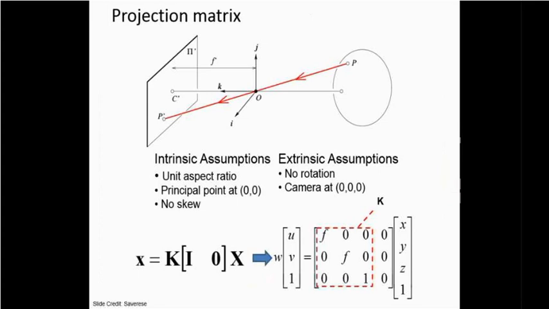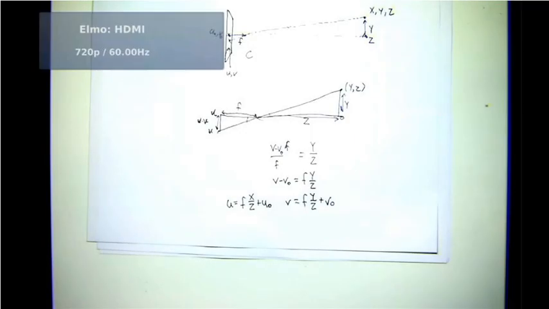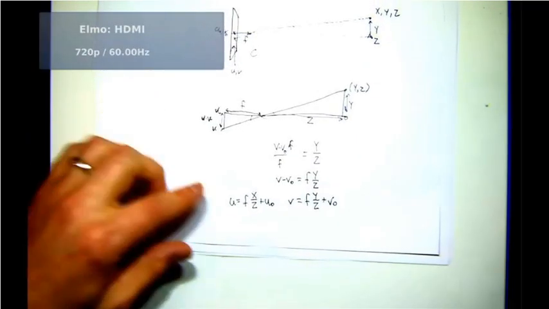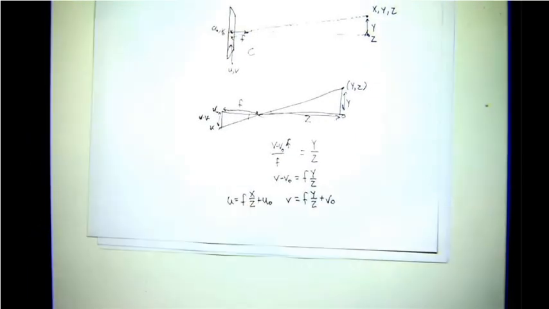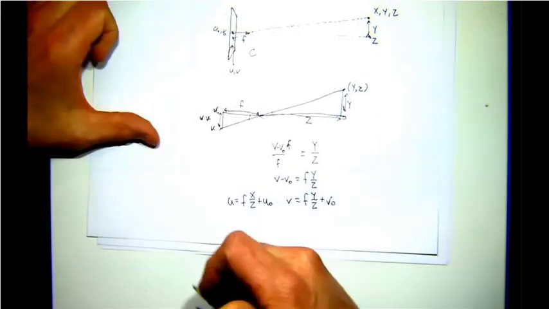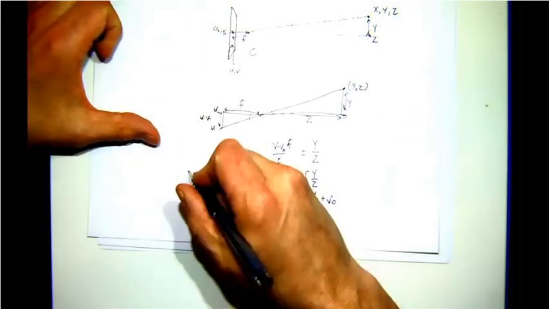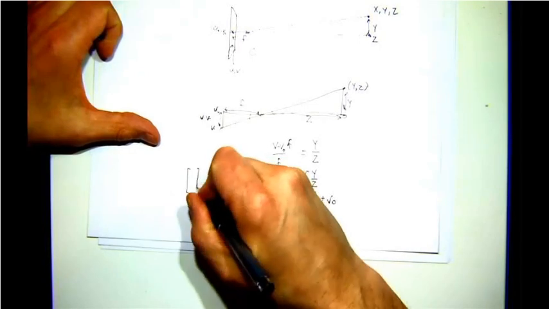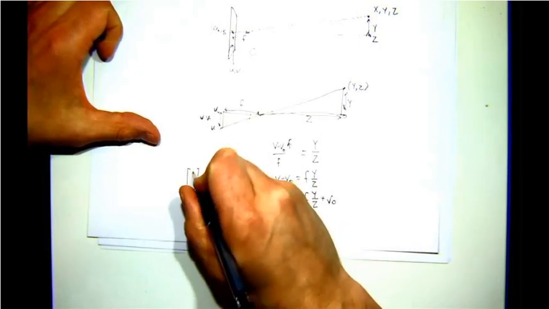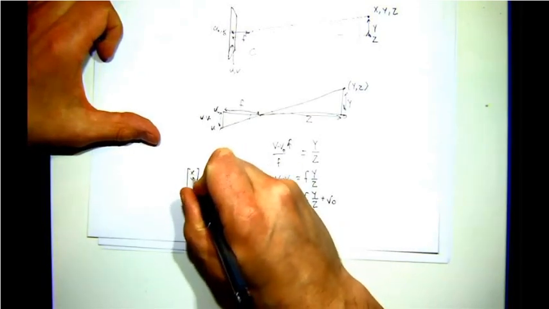Okay, so earlier, let me switch back to this for a second. So earlier we modeled that u is fx over z plus u naught. Now using homogeneous coordinates, I can create a simpler model. I can create a linear model, I should say. So now I have my point x, y, z,